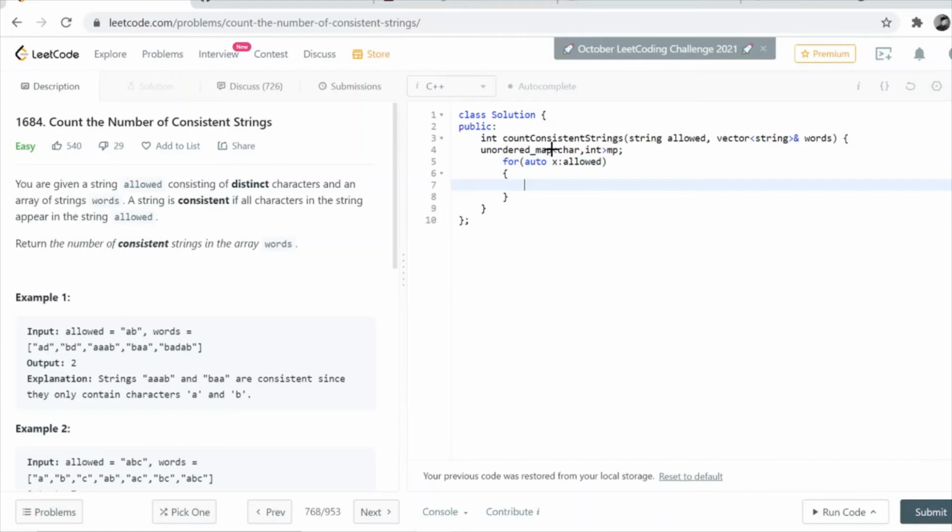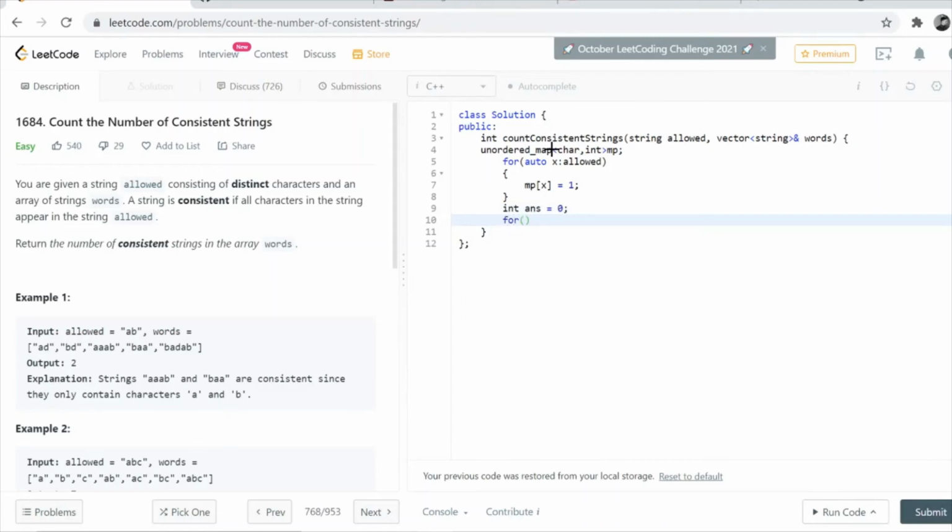We have to store whatever elements we are getting in the allowed string. We are storing the character and the integer value as 1. You can also take it as plus plus, so that it will store 1 only in that case also. Then int answer equals 0. Basically this will store our final answer.